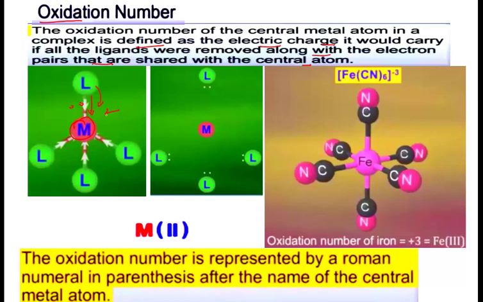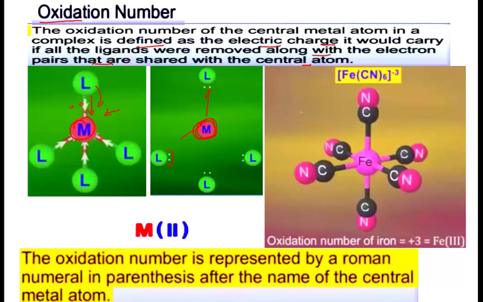Now this is the first figure where they are attached. Now you can see that these ligands are moving away by taking both the electrons. So this bond will be broken, and as a result, when the electrons move away from the central atom, this central atom will acquire a certain charge. Okay, so that will be called the oxidation number. Means ligands are to be removed in the form of ions, by taking both the electrons. So whatever charge will appear, that can be regarded as the oxidation number.